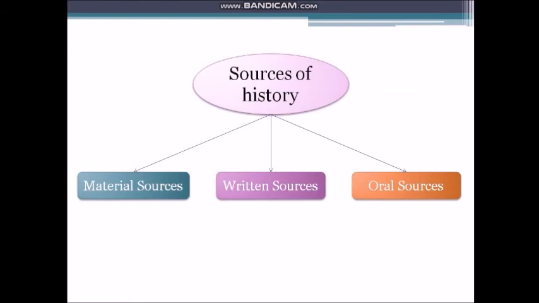So, dear students, history is written with the help of the three types of sources which we have studied now. Even after it has been written down, research on it goes on continuously. New sources and information come to light through this research. Then, history has to be rewritten accordingly. Hope you all have identified the different sources of history.